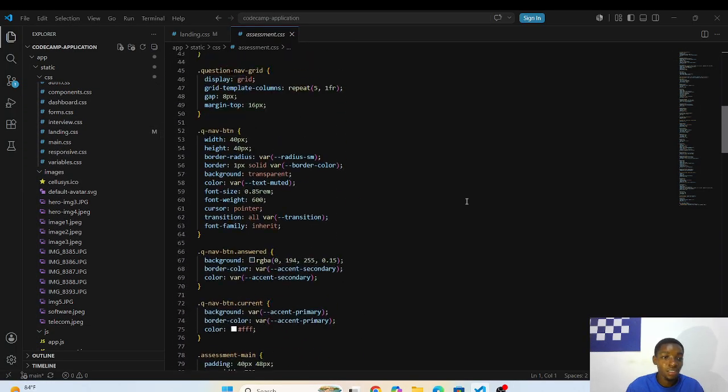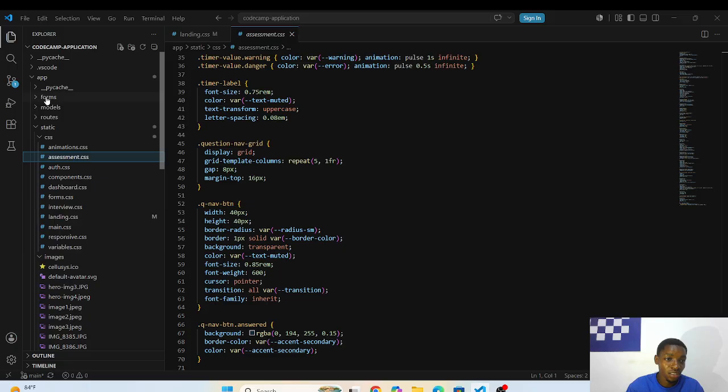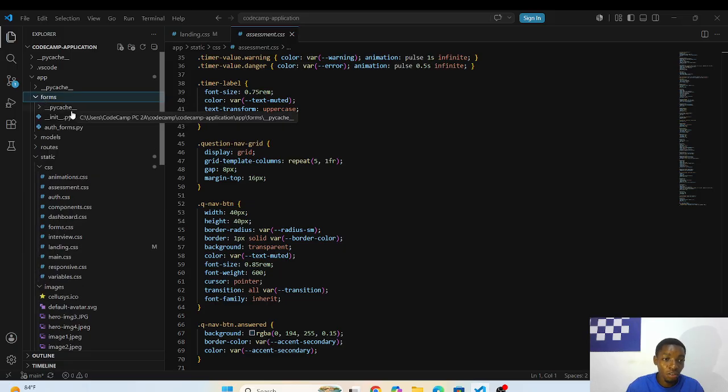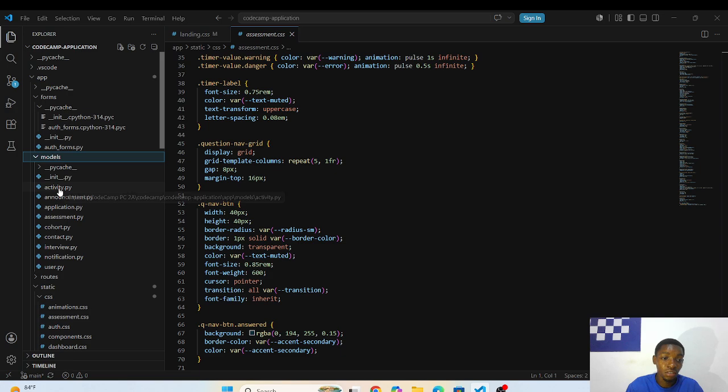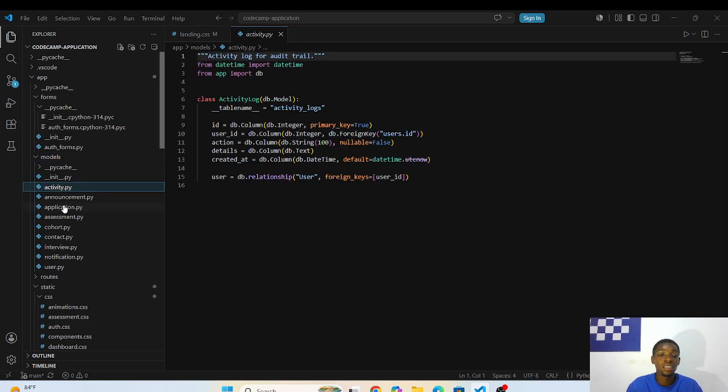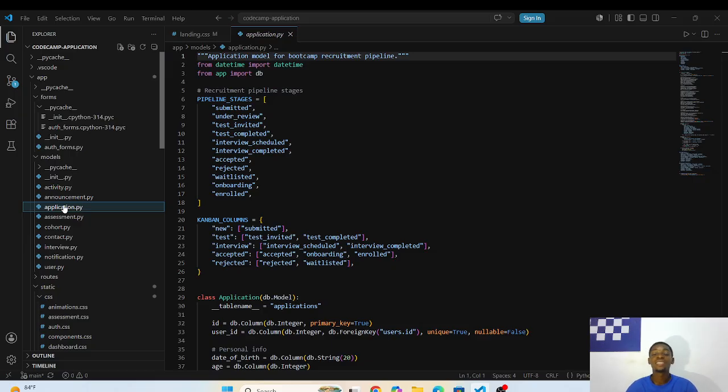These are my code structures. We also have the forms, because I've used Flask forms for authentication and so on. This is all my website is about. Basically, for the application of the code